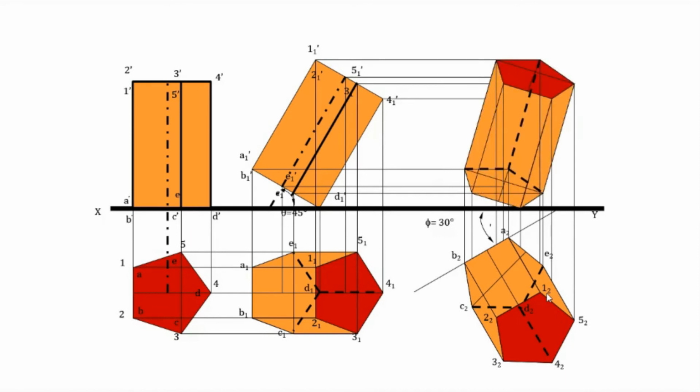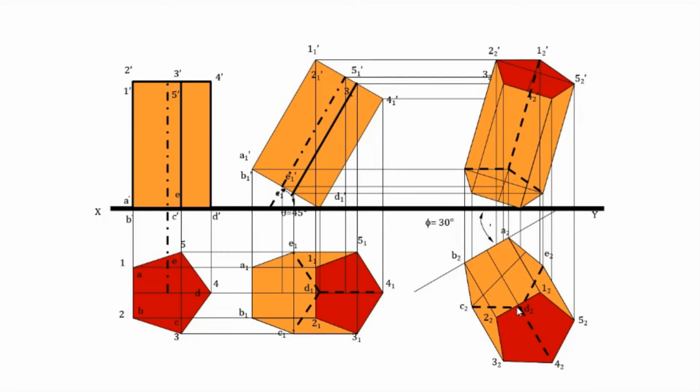So now all the points are marked. This and joint, and all the lines starting from D1, from D in the top view will be invisible. So D2, here actually it is D2, will be invisible in the top view because D2 is the lowest point in the front view. All the edges starting from the lowest point in the front view will be invisible in the top view, and